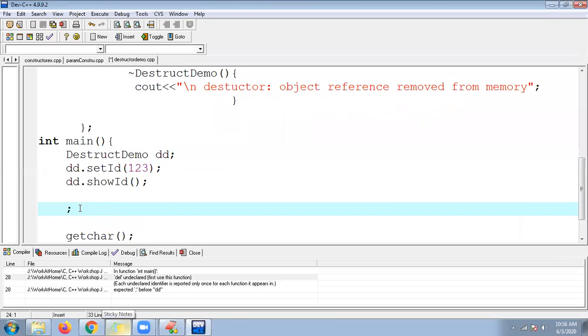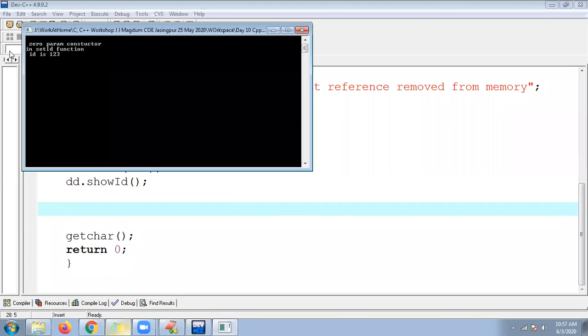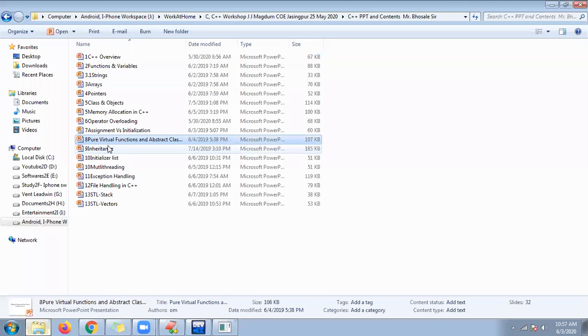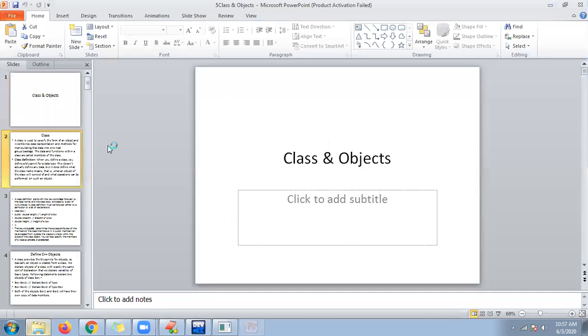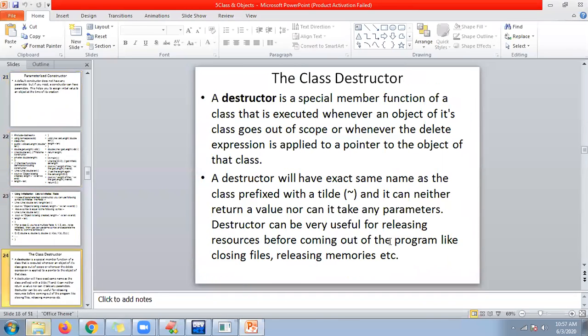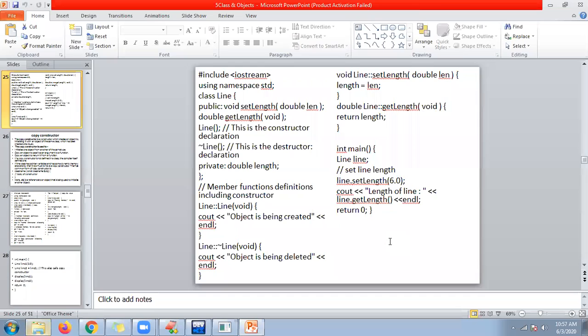I have to use Control F9, Control F10. So zero param constructor in set ID function. Let me go to my class object. I want to destroy it. So how can I call the destructor?